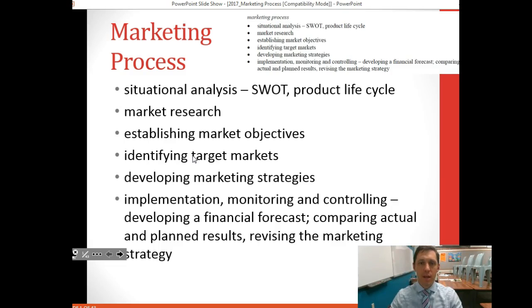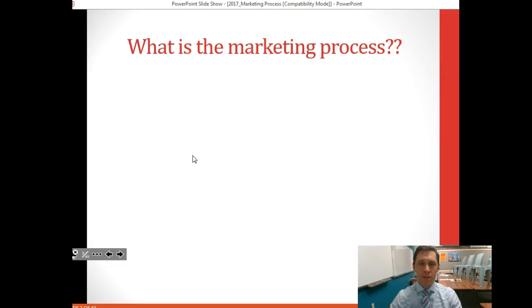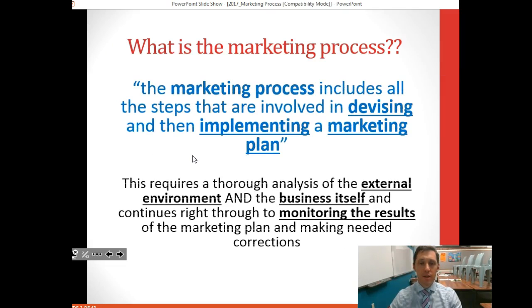Once that is all done and the strategies are come up with, it's then a matter of putting that into place, implementing that particular marketing plan and all of those particulars that have been determined in the strategies. But an implemented marketing plan is really useless unless it is continually monitored and controlled, and controlling will require changes to be made to that plan down the track as a result of how successful or unsuccessful that particular plan has been. So that is what the marketing process is about, and this video will start by looking at the key elements